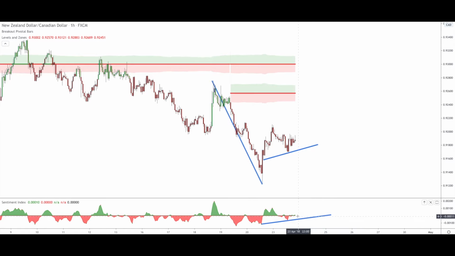So it means that at a certain point here in the future, the sentiment index either drops down, so it breaks down, and the market sentiment becomes more bearish, so we have a drop in the price as well, and hopefully we have a setup, or the sentiment index becomes bullish, so the market becomes bullish, it increases, and in such case we would have an upward movement in the price, and in such case I would not be interested in trading this pair, because not only it would mean that the price would move against the macro